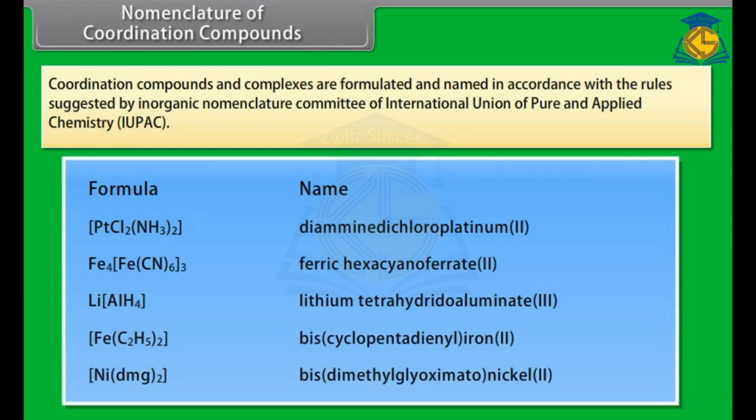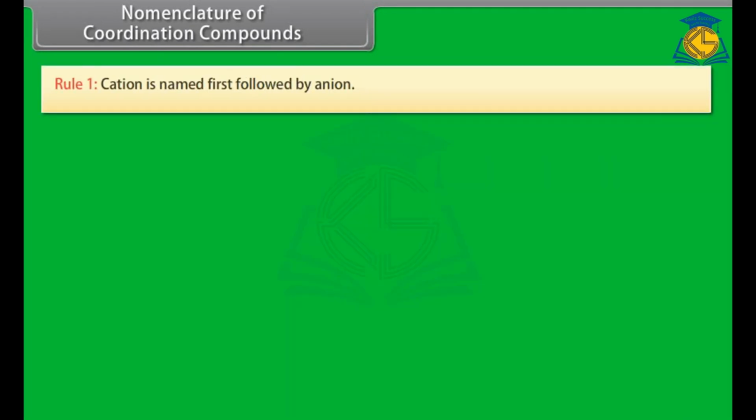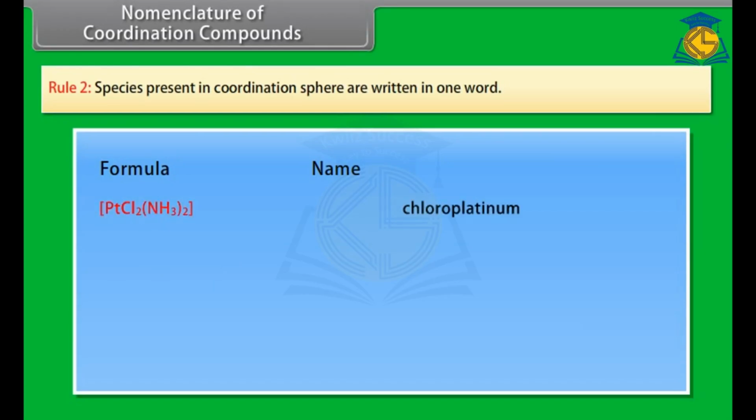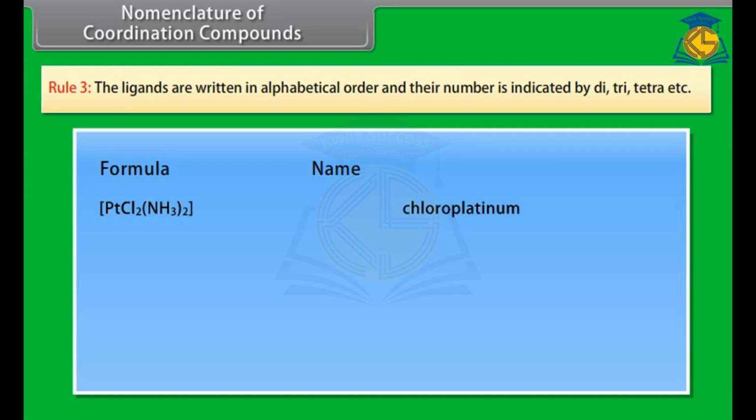Coordination compounds and complexes are formulated and named in accordance with the rules suggested by the Inorganic Nomenclature Committee of the International Union of Pure and Applied Chemistry. Rule 1. Cation is named first, followed by anion. Rule 2. Species present in coordination sphere are written in one word. Rule 3. The ligands are written in alphabetical order and their number is indicated by di, tri, tetra,